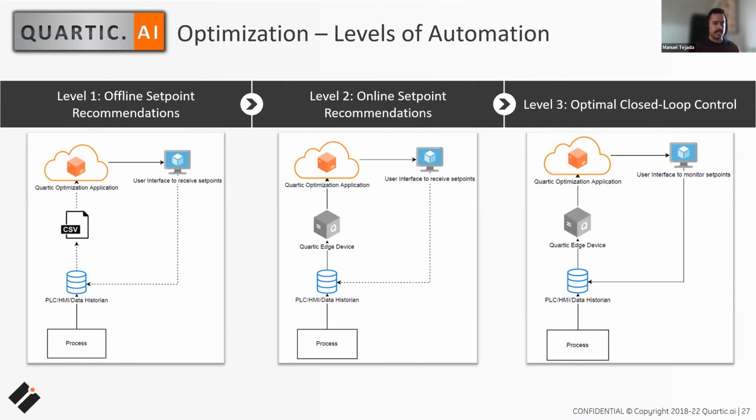Just to recap what you need to get started before I switch over to the demos. In terms of data, we need things that you likely have, those process set points and the measured output you're trying to optimize. And in terms of connectivity, as you saw on this slide, it can be very simple with no changes to your current infrastructure. I'm now going to switch over to the demonstrations.